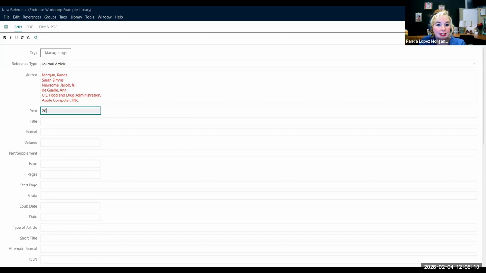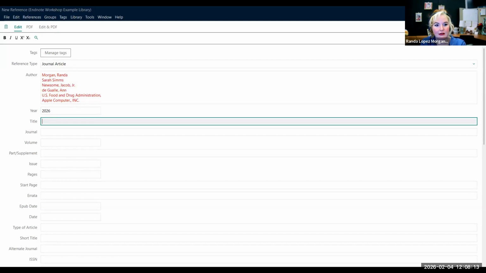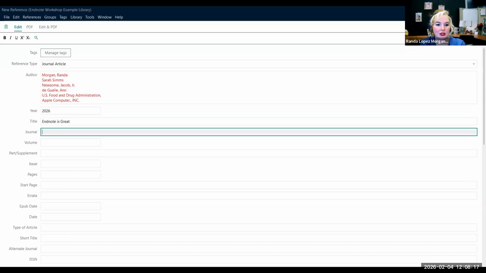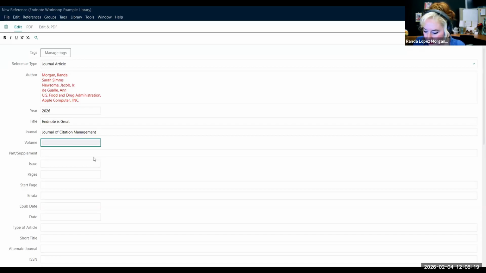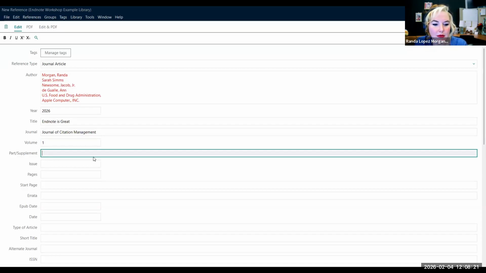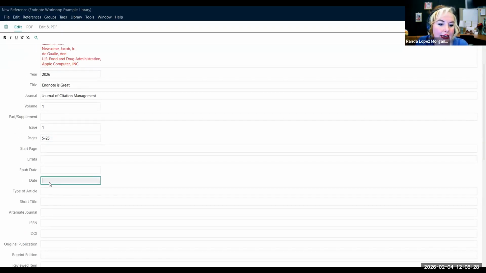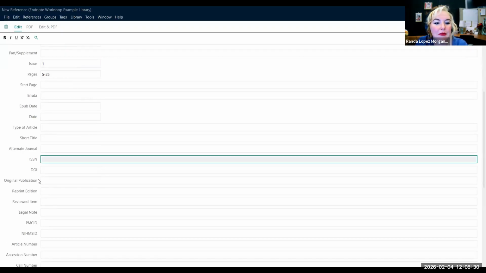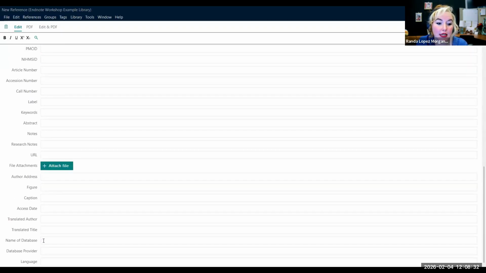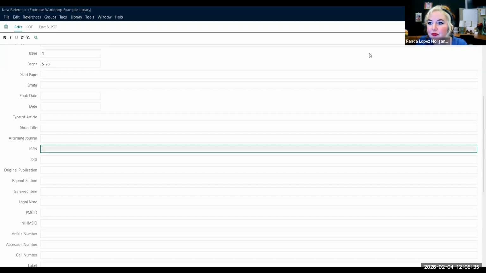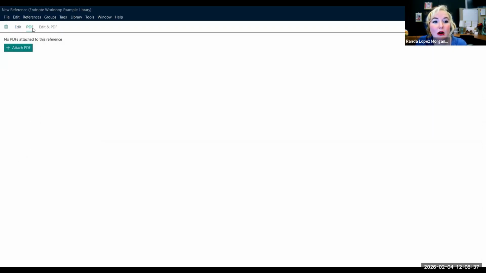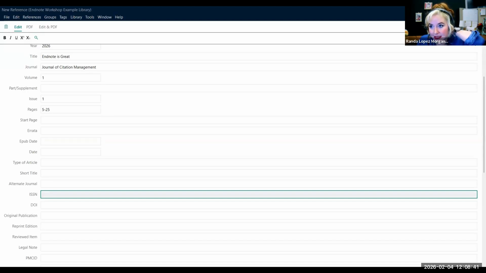You can enter your year. EndNote is great. And this is going to come from the Journal of Citation Management. Volume 1, issue 1, maybe my pages are 5 through 25. I can include a DOI. I can include an ISSN number. You really can get nitty gritty into the details here. So I can also attach a PDF here, which is really nice. So I can save